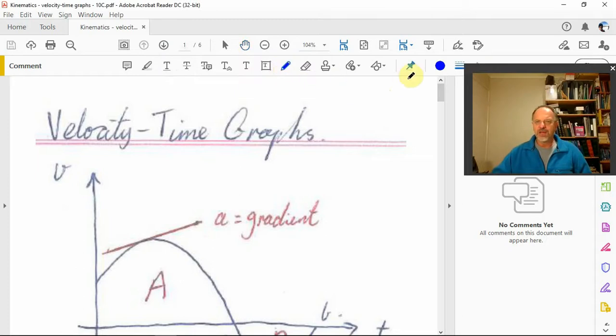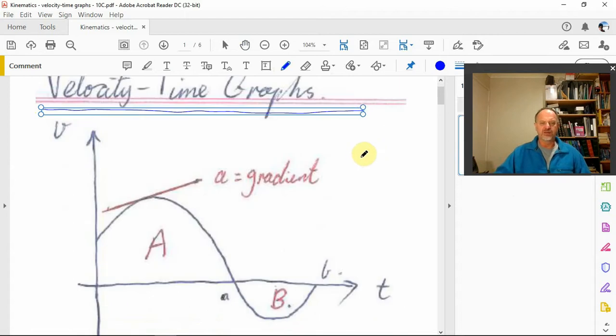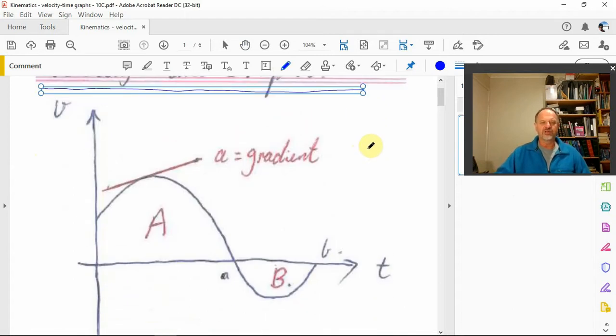All right, so today we are looking, as it says here, it's very big, velocity time graphs. So here's an example of a velocity time graph. Velocity here, time here, and it's got this curvy shape. So yeah, it could be straight, could be curved, whatever. You need to look at the question to see what's relevant. Okay, so first of all,